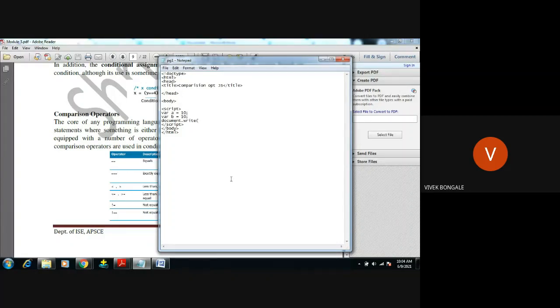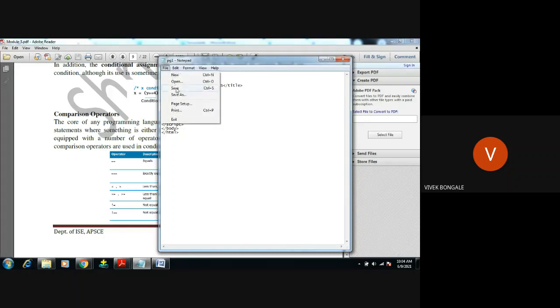So what I will do, I will use a, this is a variable name I have used here, right? A equals b, with a semicolon. So what will it do? It will get the A value 10, B value 10, and compare. If both are the same, 10 equals 10. Right? This double equals is nothing but a normal equal operator. It will check A is equal to 10, B is equal to 10. Now the result is what? It should be true. At last it will display the output in the form of Boolean, right?